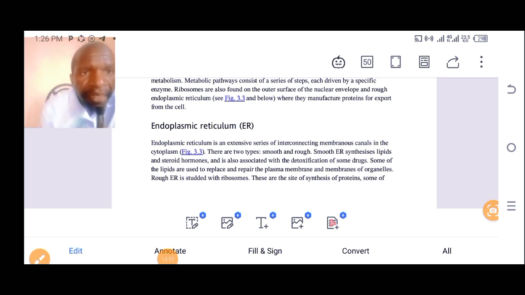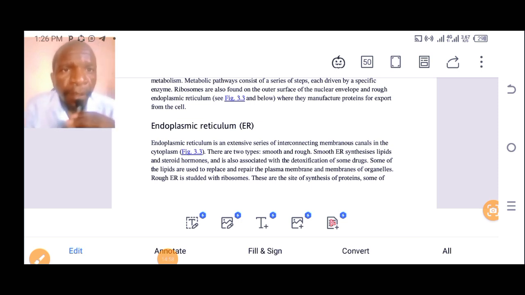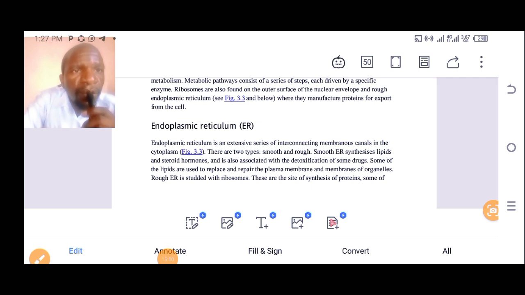The endoplasmic reticulum, ER. The endoplasmic reticulum is an extensive series of interconnecting membranous canals in the cytoplasm. There are two types: we have smooth and rough endoplasmic reticulum. The smooth endoplasmic reticulum does not contain ribosomes. The rough endoplasmic reticulum is dotted with